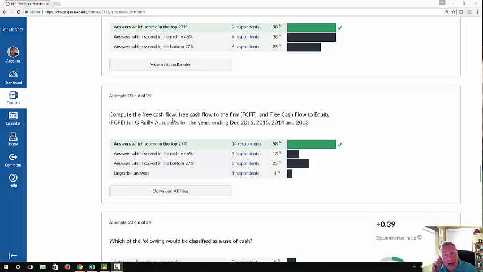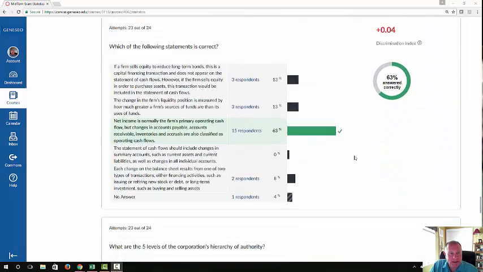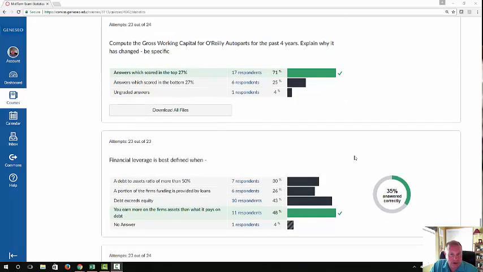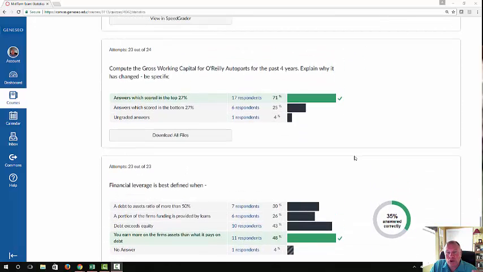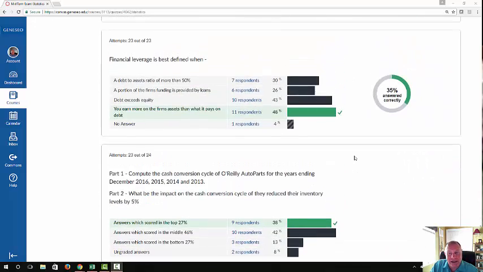So if you just had a number down, I couldn't give you partial credit because I didn't know where things came from. And then there were a couple places where you had brought across incomplete numbers, which wasn't good. And that was the primary reason we had that. It wasn't a full answer. Let's just go through this a little bit here. Gross working capital, most people got that right. If you didn't get full credit, it was because you did not have anything specific that you cited or explained why it had changed.